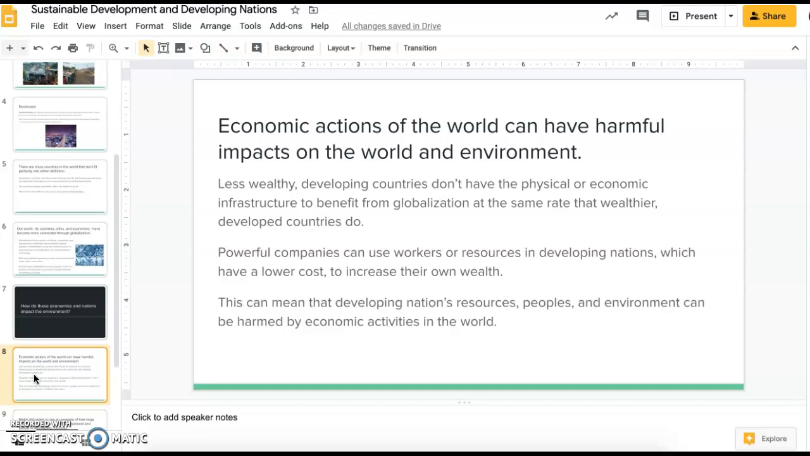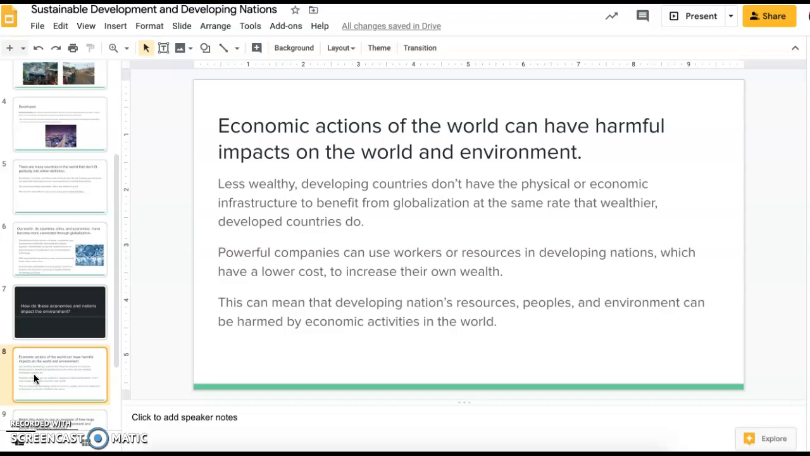But what happens often is that less wealthy and developing countries don't have the physical or economic infrastructure to benefit from globalization at the same rate that wealthier and developed countries do. That doesn't mean that developed countries do not face negative impacts from globalization, but it means that maybe developing countries, less wealthy countries, have more negative impacts than developed countries do. So they both face negative impacts from globalization, from really big economies and economic activities, but maybe less wealthy countries